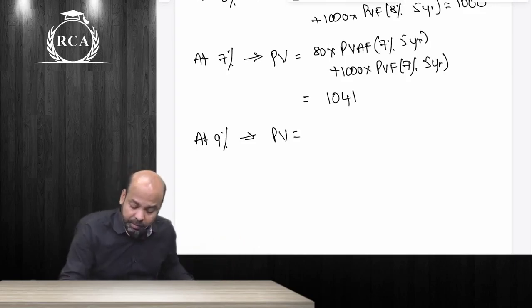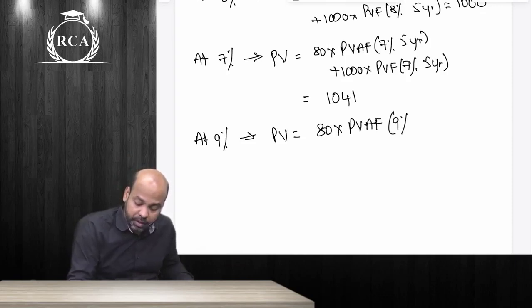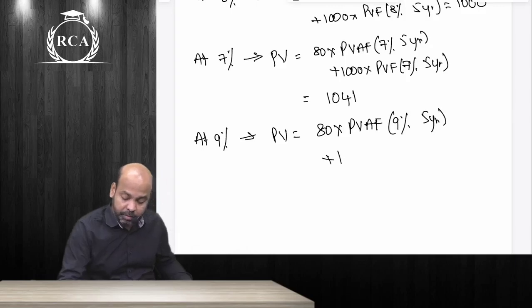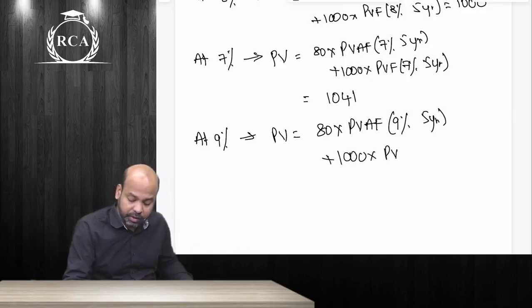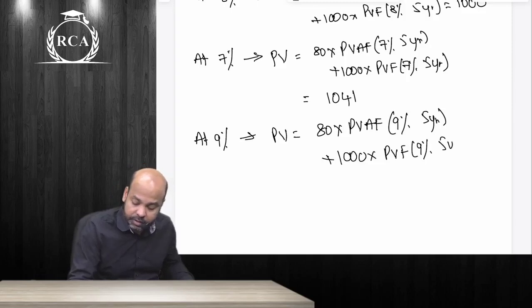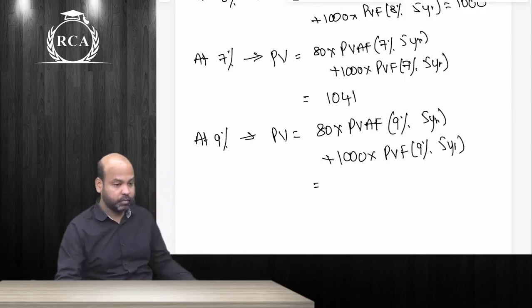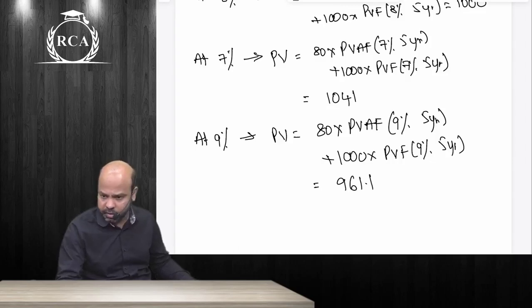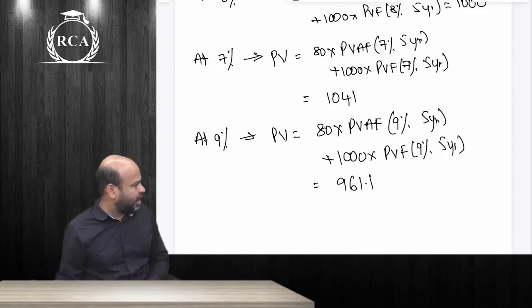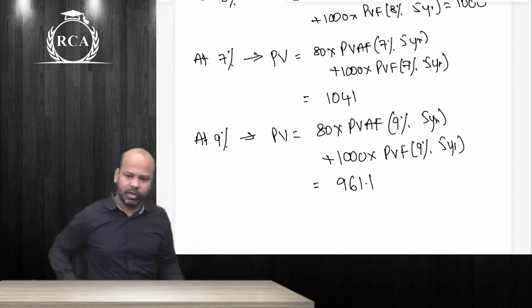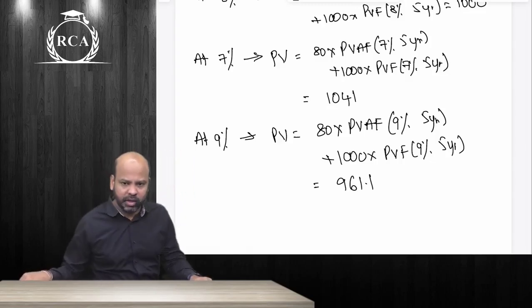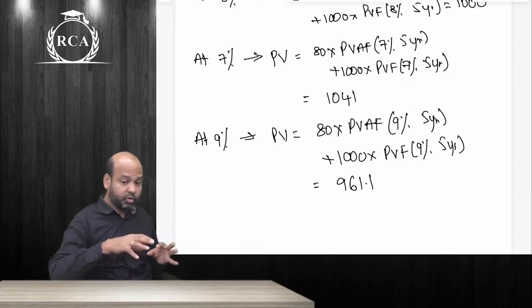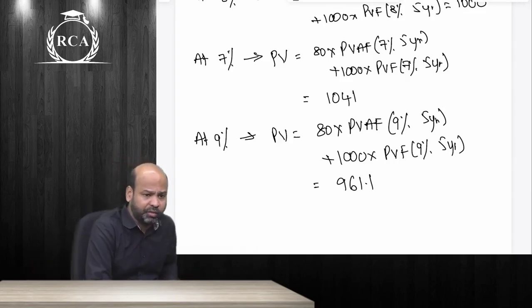So at 9%, beta, present value will be equal to 80 rupees into PVAF at 9% for 5 years plus 1000 rupees into present value factor, beta, at 9% for the 5th year. 961.1. The value of the bond will immediately decrease to 961.1. This is why they say, beta, that if you have surplus funds which are to be invested for a temporary period, say you need that amount after 3 months,